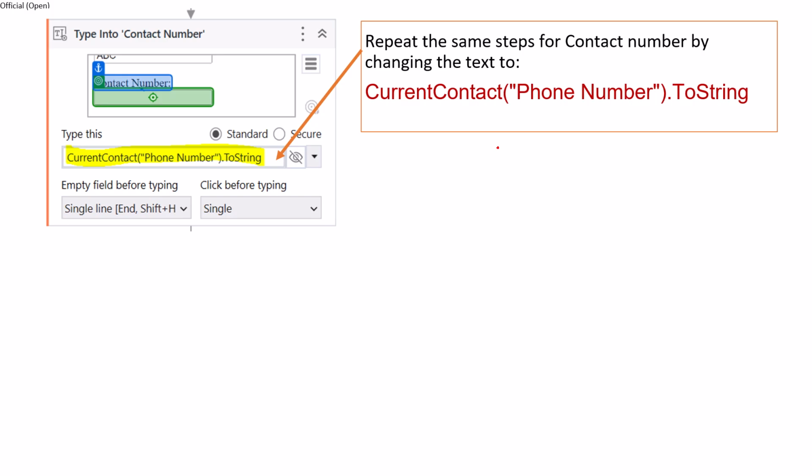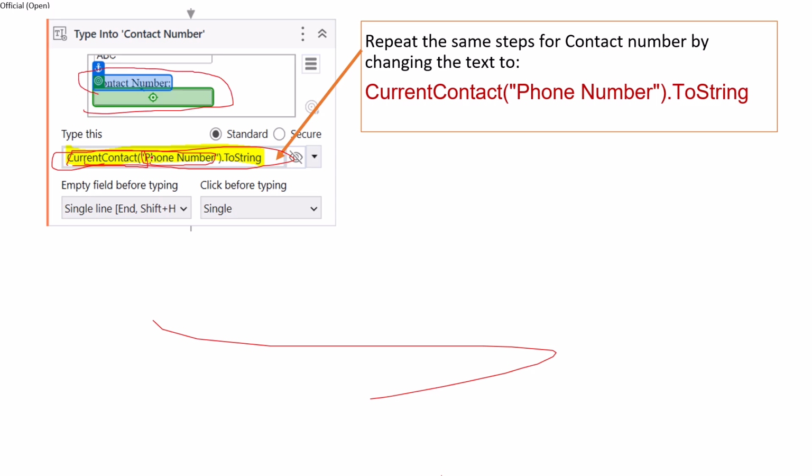So for the phone number field, as you can see here, instead of ABC or 123, you need to change it to this: the variable for the current row, the column name, which is phone number, and then ToString. Now for name, it will be current contact name. And finally, for email, it will be current contact email. Now it must match what is in your Excel file and not what is on the form, because we are reading from the Excel file row,